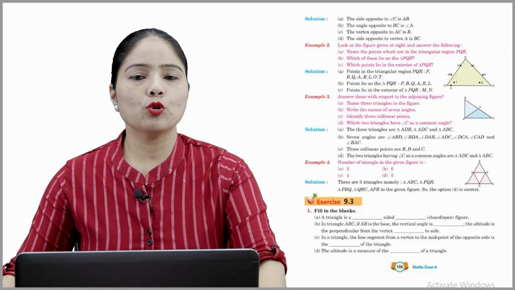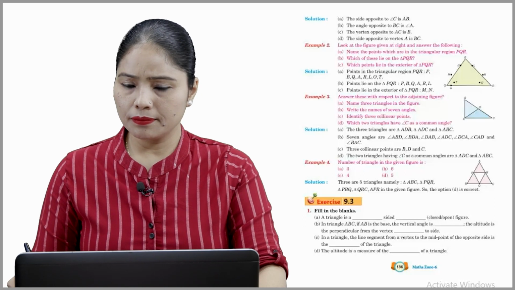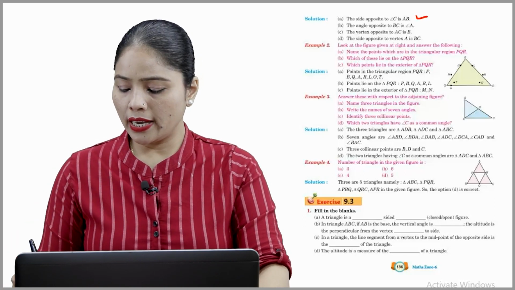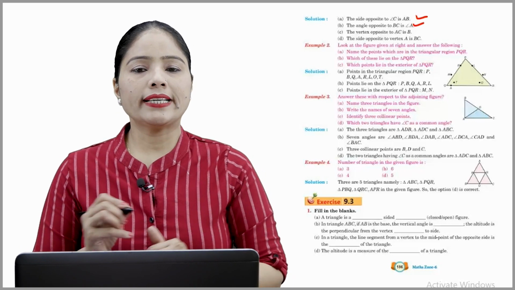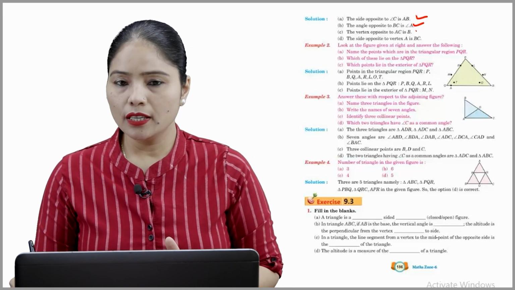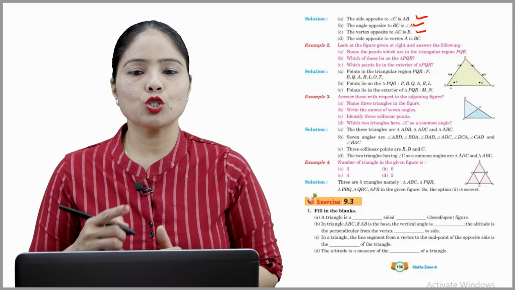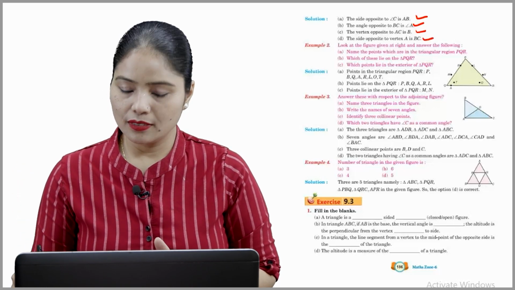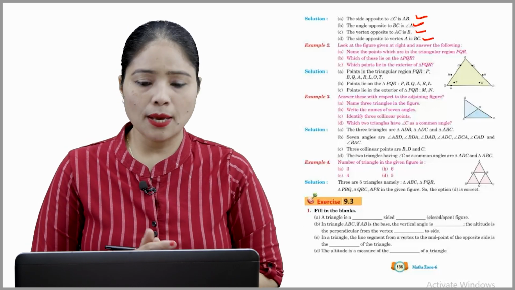Solution. The side opposite to angle C is AB. Okay. Opposite angle BC का क्या हो गया? A. और वर्टेक्स अपोजिट टू AC, B, और द साइड अपोजिट टू वर्टेक्स A हमारा क्या हो गया, BC. ओके बेटा, नाउ एग्जाम्पल 2,